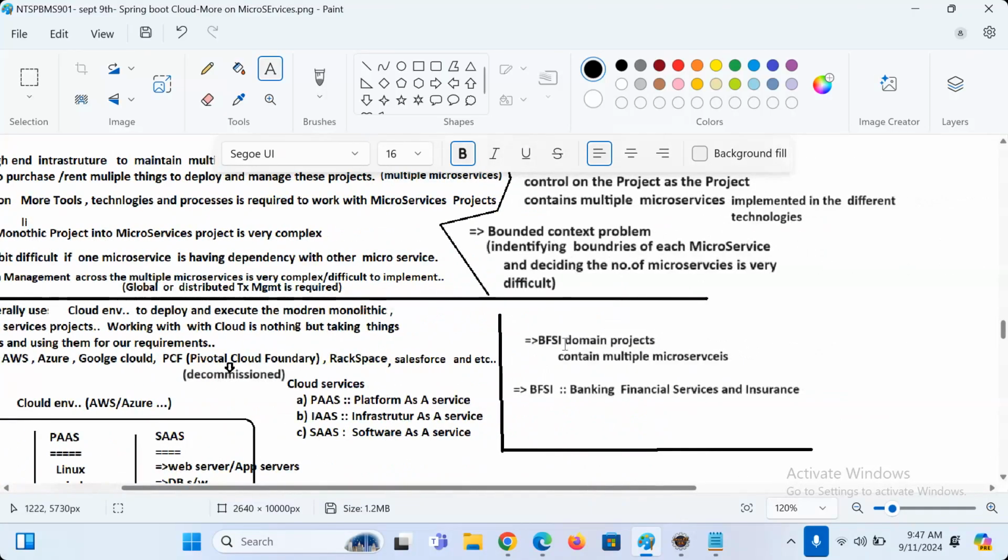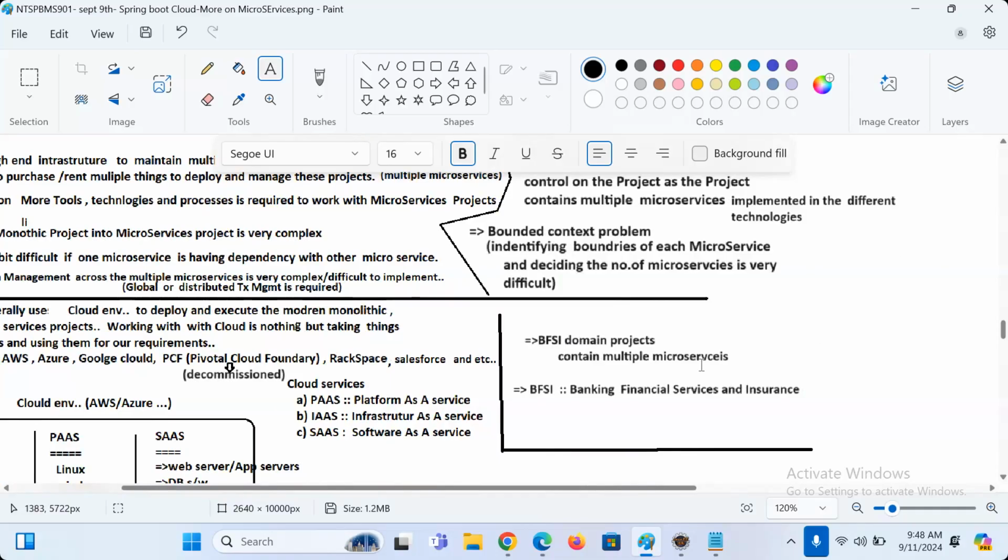A BFSI, banking, financial services and insurance project contains multiple microservices. Now, the SBI project is not just a banking project, guys. SBI is now into banking operations, into mutual funds, into the loans department.